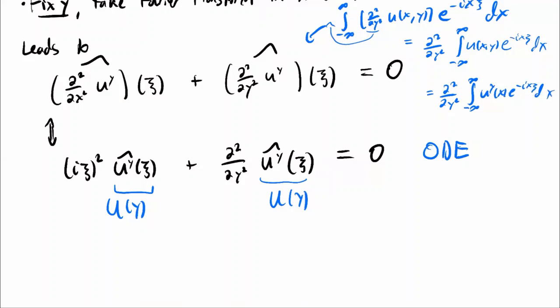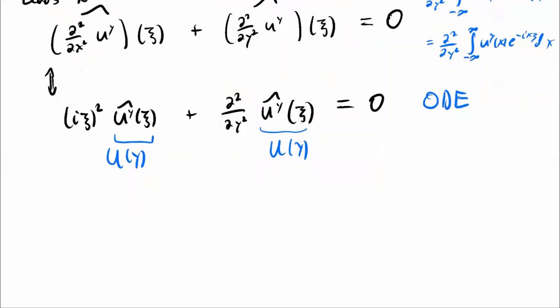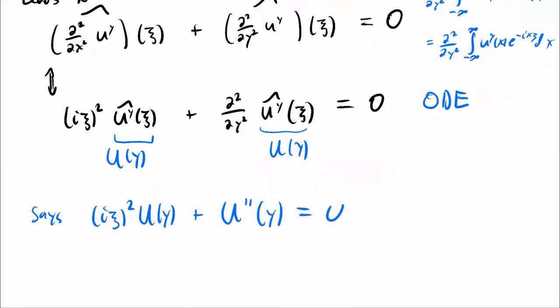What does this say? This says that (iξ)² times U(y) plus the second derivative, U''(y), is equal to 0, right? And so this is just an ordinary differential equation in the variable y,